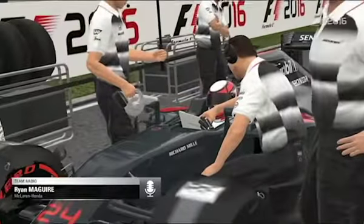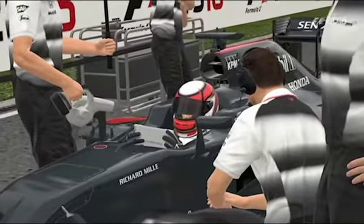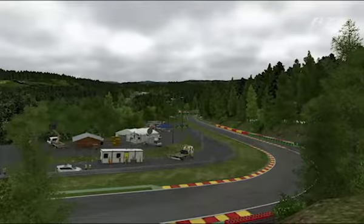Okay, remember to protect the inside on the run down to turn 1. Make yourself as wide as possible, robust but fair. We're almost ready to go then, and this is what the starting...